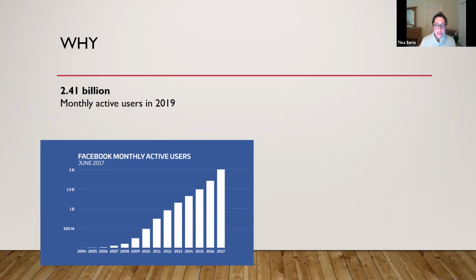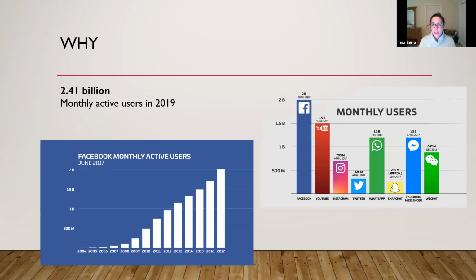So a ton, and it's continuing to grow. It's one of the highest in terms of monthly users compared to other social media. For those of you that took my Instagram class, Instagram is much lower. This is as of 2017, but it hasn't really changed too much in terms of the allocation of users.